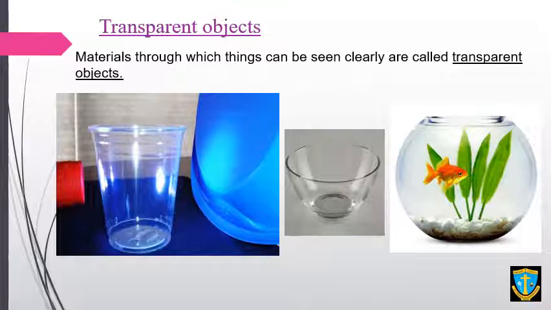When you go to the market, you see the display windows of the shops where they are displaying clothes. It's transparent glass. Therefore, the customers get attracted towards it and they go inside to buy the thing. Even when you go to the shop, the sweets are put in a transparent jar.